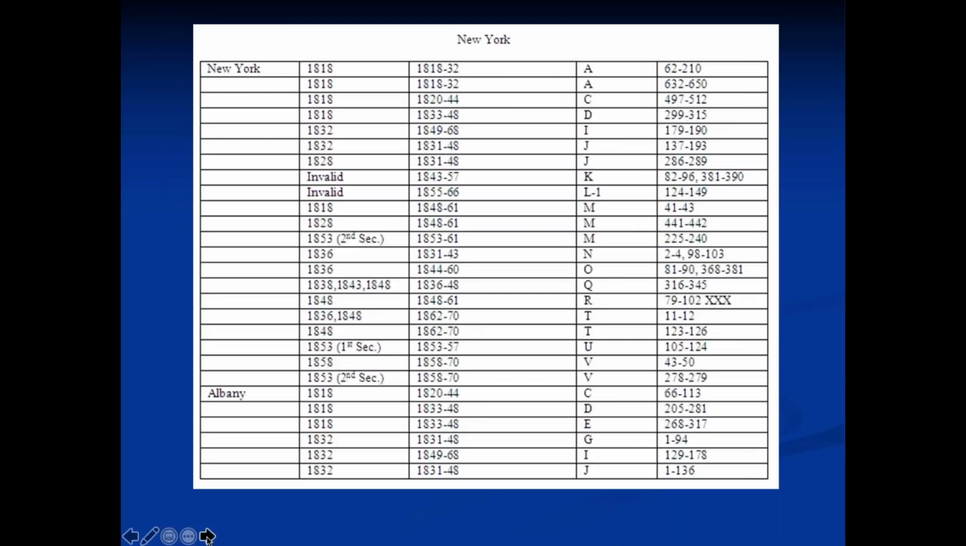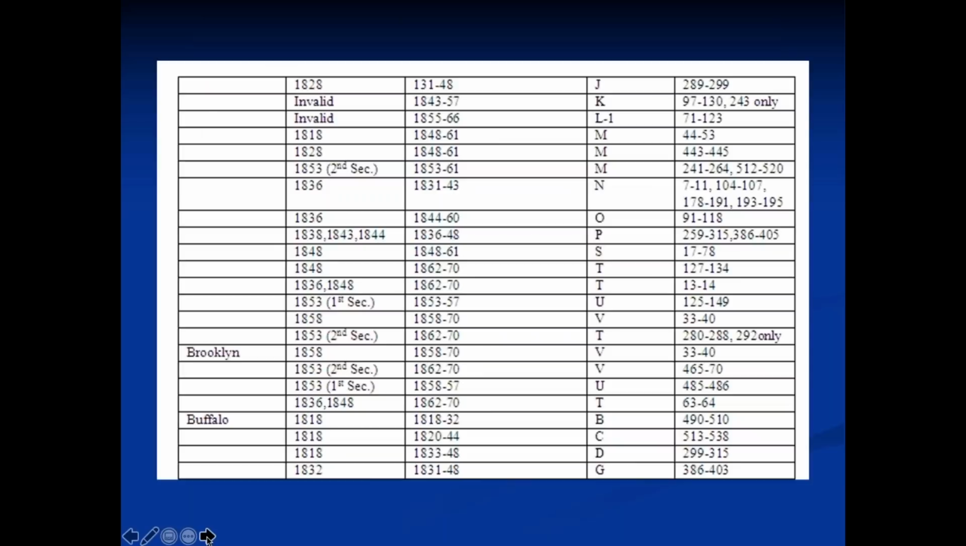Well, when we look at Albany, we can see that there is New York and there is Albany. So we may have to look in one of the other places, but it looks like we're going to find what we're looking for in Albany. The other possibilities other than Albany are Brooklyn and Buffalo, although Brooklyn's not until 1858 rather, and Buffalo, although is available in 1818. But we know he goes to Albany,